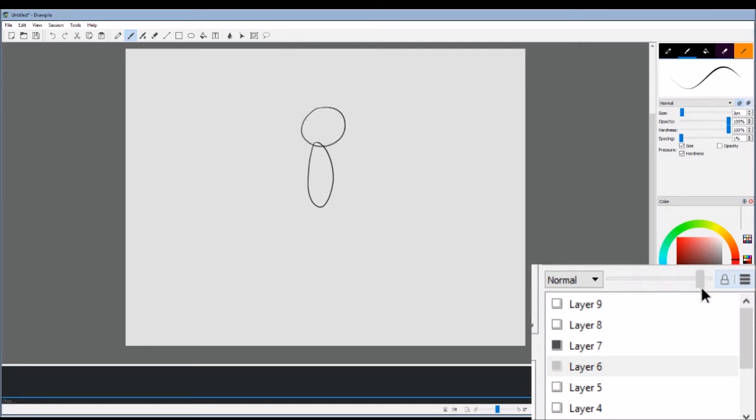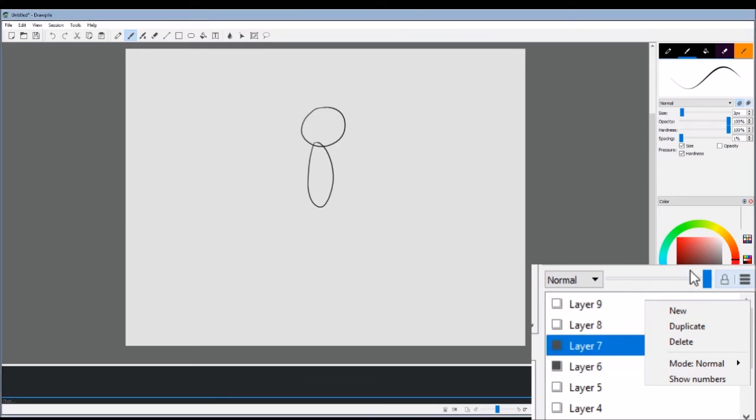Another thing to keep in mind for when you're doing a character animation is the drop down menu over next to your lock over here. See this drop down menu here? When you click on that, it'll bring you a menu that looks like this. You click on the duplicate, which is right over here, and that will bring up an exact copy of your frame or layer, whichever you want to call it, and you can edit minor details,